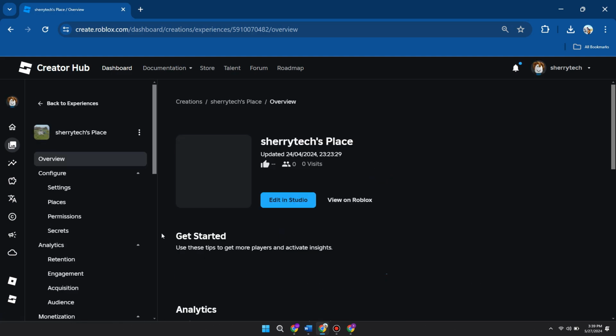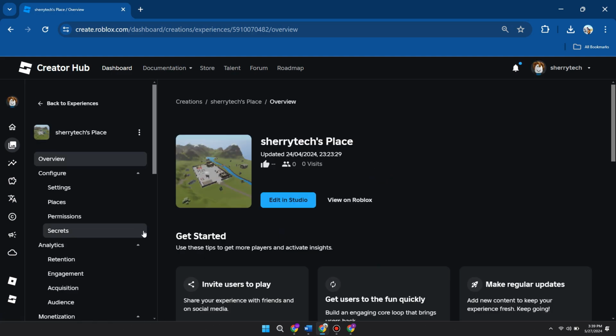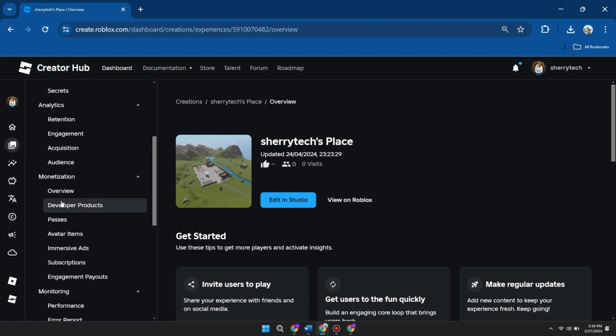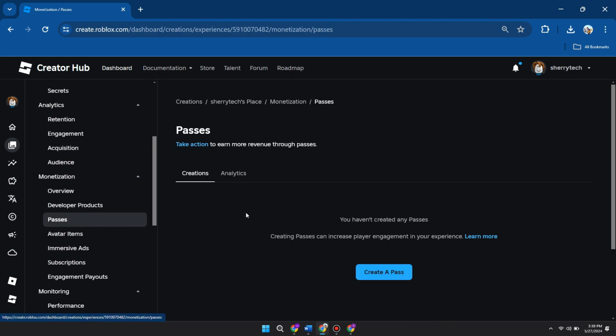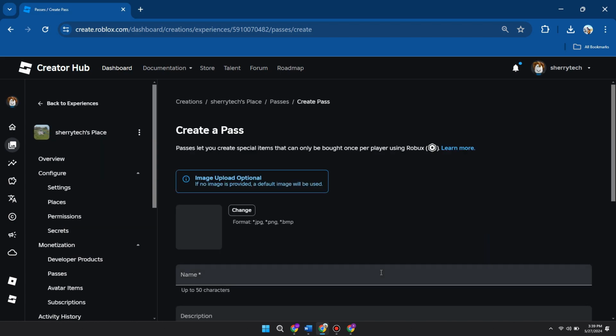So click on it, and then in the sidebar menu, you will see a tab named Passes under the monetization section. Simply click on it and you will be sent to the Passes web page. In order to create passes, click on the Create a Game Pass button and you will be on this page